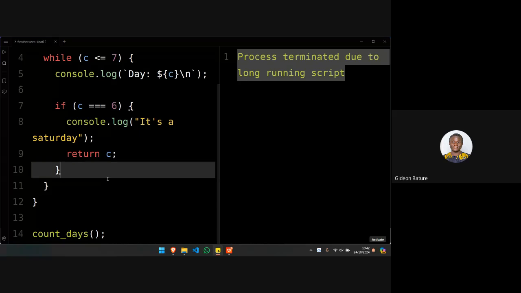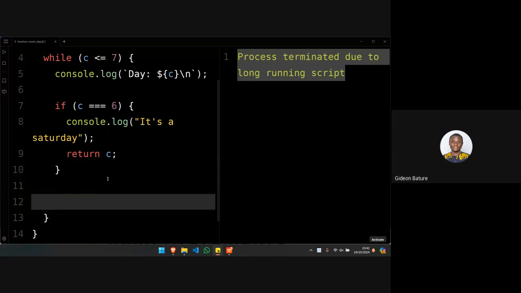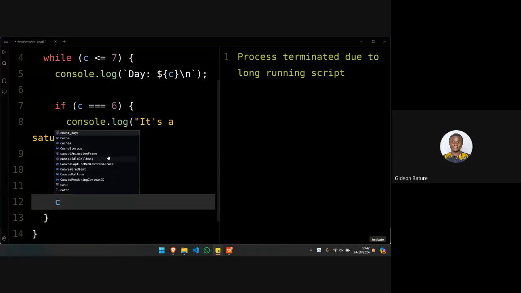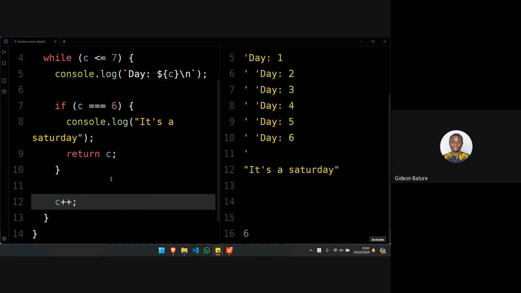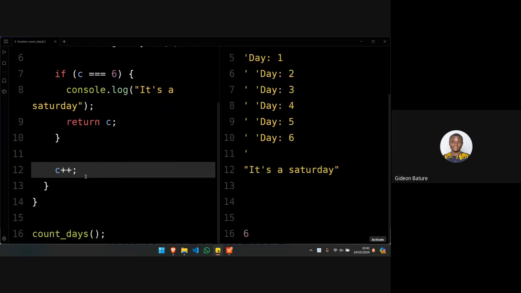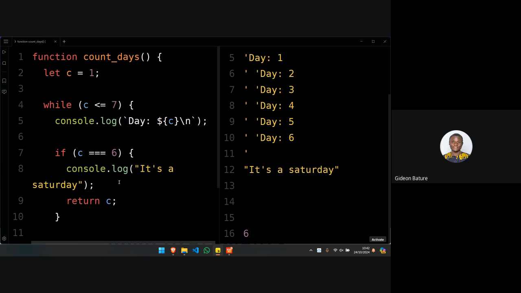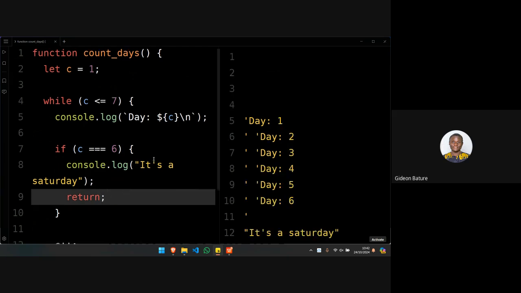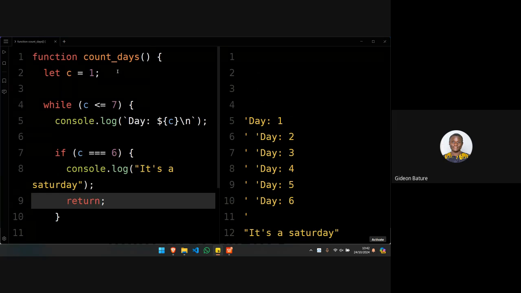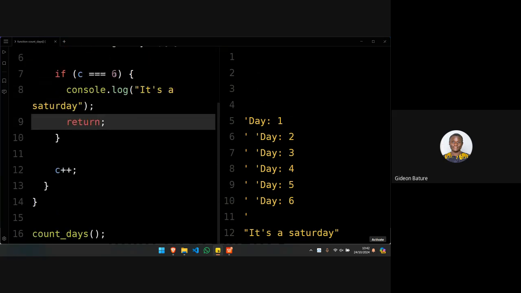So it means we can come here and then say our C. Is it C we used as a variable? Yes. So we can use C++. So what do you see? You can see that once it gets, okay, let me even use just return. Once it gets to C is equal to 6,